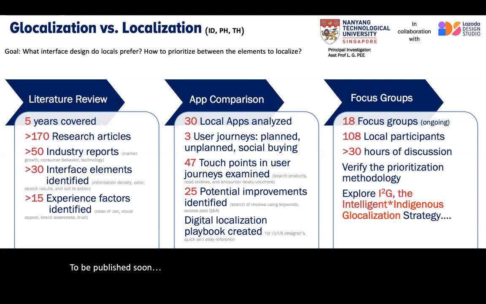So we had 10 in each market. There were 3 user journeys we were looking at: planned, unplanned, and social buying. We had some information about it from other research, but we wanted to see how all these apps perform on that. And then they identified 47 touch points in the user journeys that have been examined,